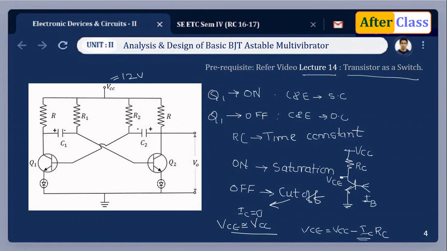So this base current has to be greater than IB minimum, which is required to switch the transistor to on condition. Now how is this IB related to IC? In simplest terms, IC is equal to beta times IB, where beta is the transistor gain. So when the transistor is in saturation mode, a heavy current IC is going to pass through the circuit, which is limited by the value of RC.